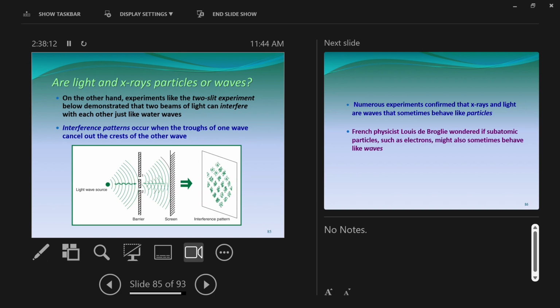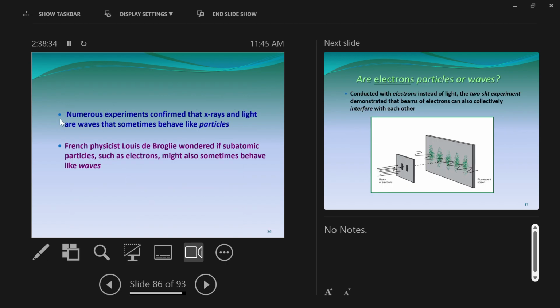How do you account for the fact that it's emitted one at a time or absorbed one at a time, like a particle? They both have argument to be either one. Absolutely. Yeah. So there's no good answer. They are both. Okay. So let's read on. You guys are doing great. So